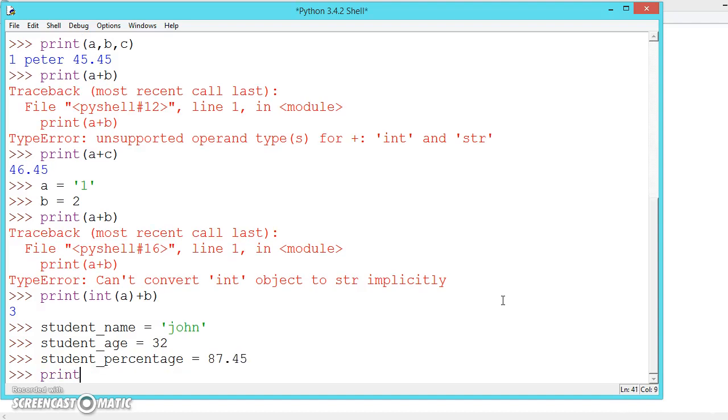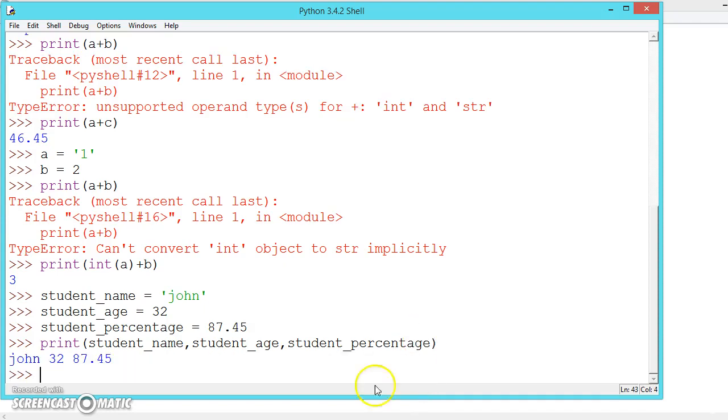Now we can print all those things using the comma separator: student_name comma student_age comma student_percentage. Typo error, age. See,